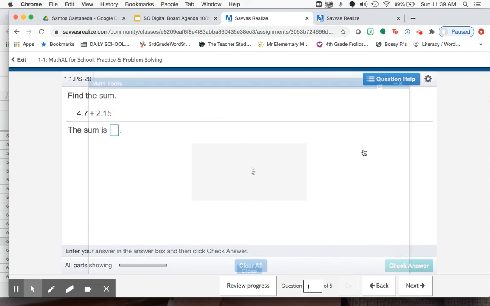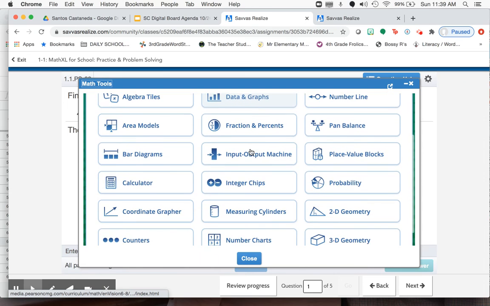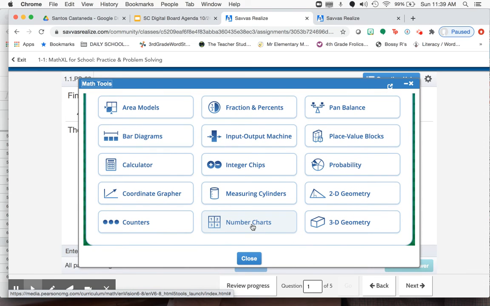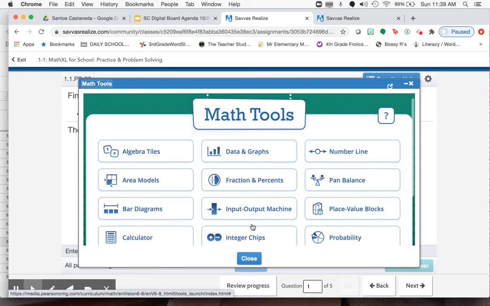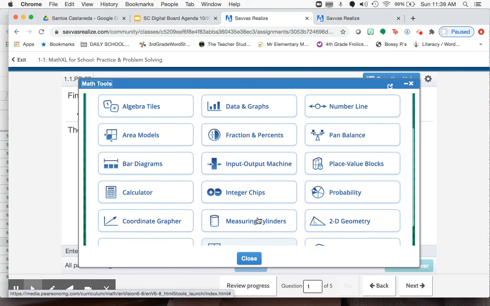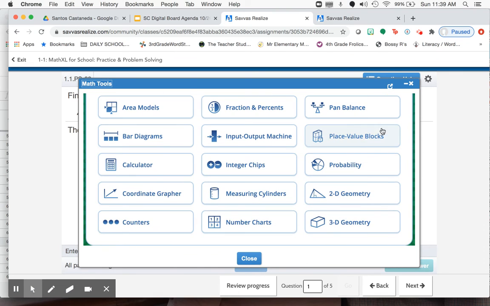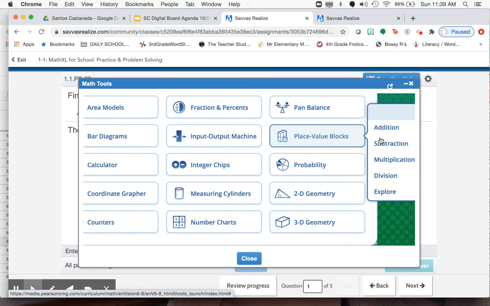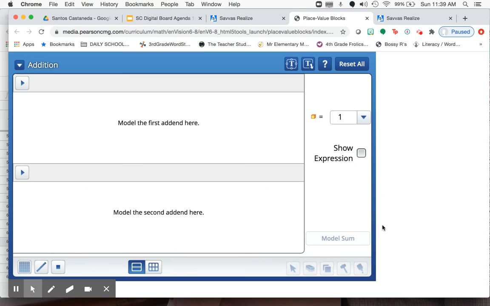And then you also have math tools. There's lots of tools here as well. I would say for things like place value, you could use things like number charts and things like that to help you line up, or you could do your place value blocks and hit addition. And it'll open up a completely separate page. And then you could use place value blocks for the ones place, the tens place, or the hundredths place to help you. So if I were going to be adding decimals,